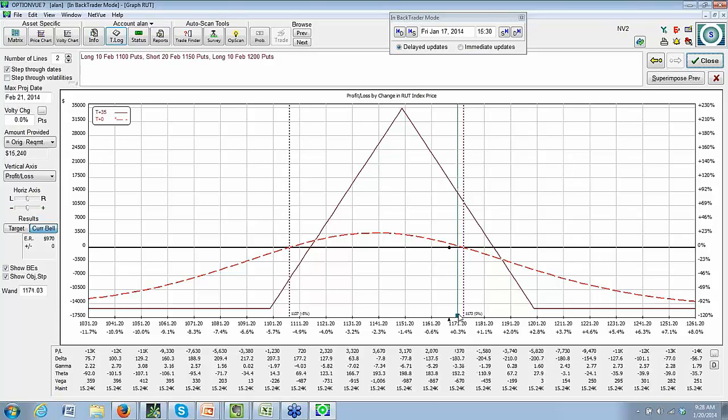I want a delta of at least minus 180, so this is actually borderline, minus 180. From the course material standpoint, if you were to enter at 35 days to expiration, it would tell you to enter as an M3 trade. Now, I'm going to look at entering it some other ways also, but that's what it would tell you,